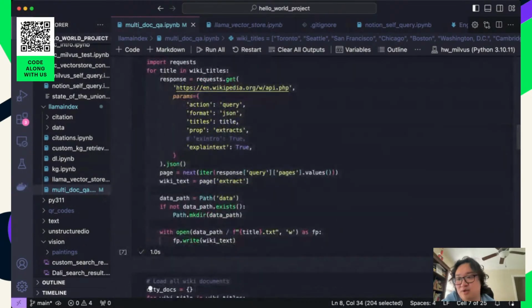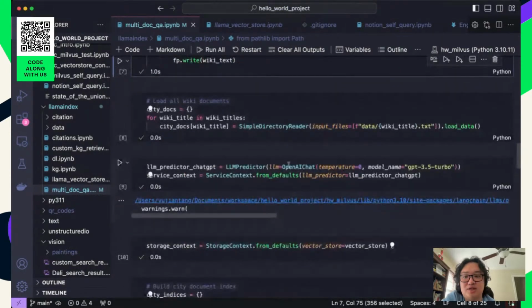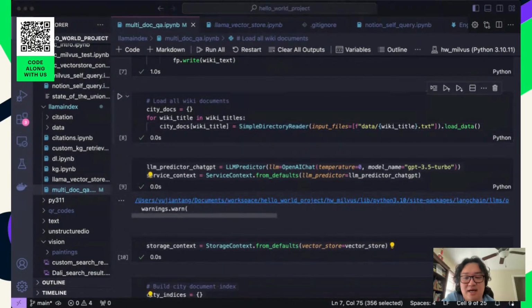This section here, you don't really need to pay attention to unless you care about how you scrape Wikipedia. We're just hitting up all their APIs and getting all the information back. This section you probably want to care about. This is how we load the documents into